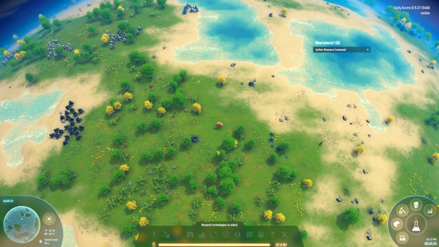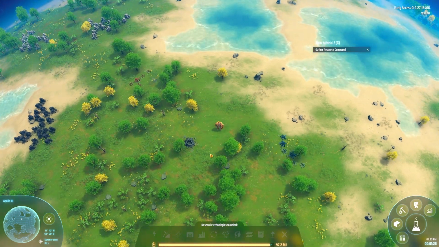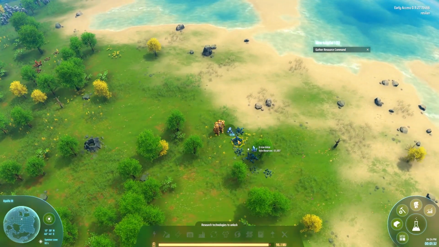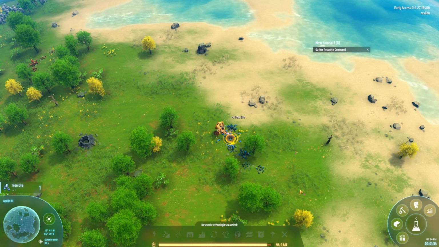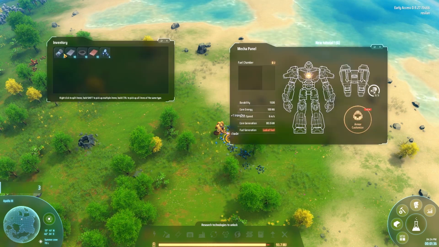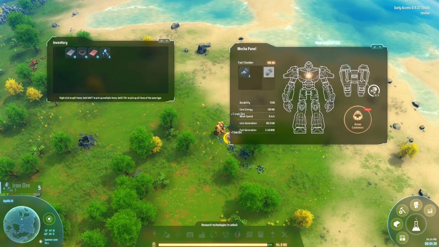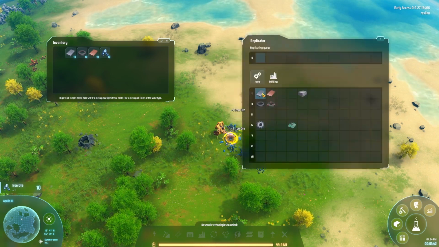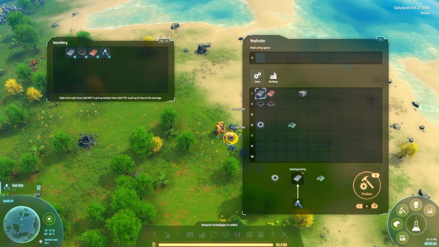So our goal here is going to be to automate as much as we can. We're going to try to do the absolute minimum amount of things that we have to do for this. So let's get started. First thing we're going to do is put these power things in here to power the thing. We're going to come in here and we're going to queue up